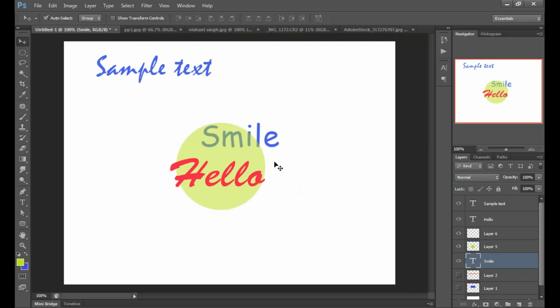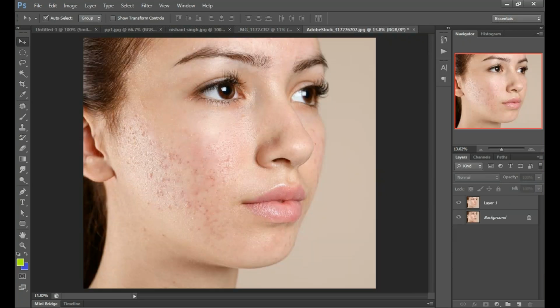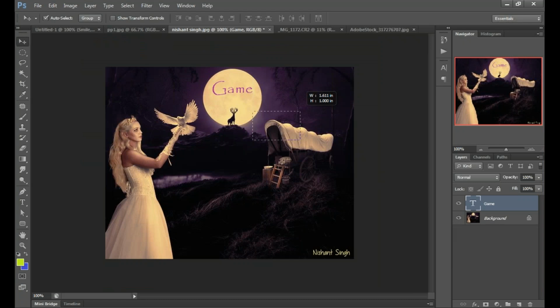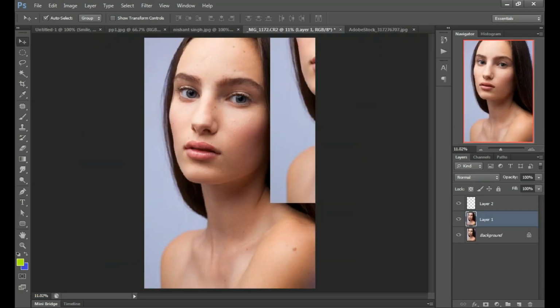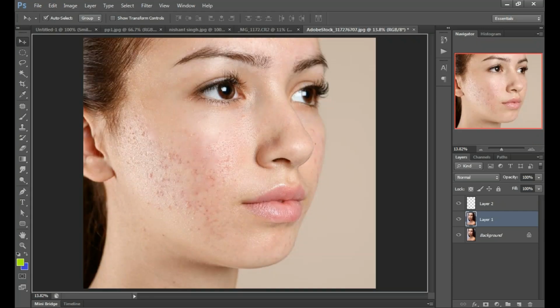Anything you can make transparent. For example, I'm going to move an image from anywhere to anywhere. I'm moving this image. Just move here and drop it on another document.